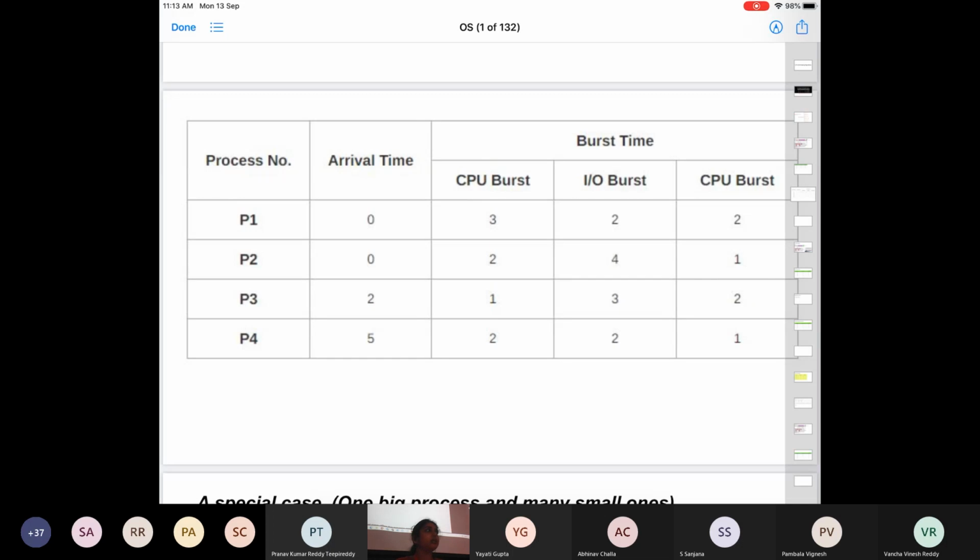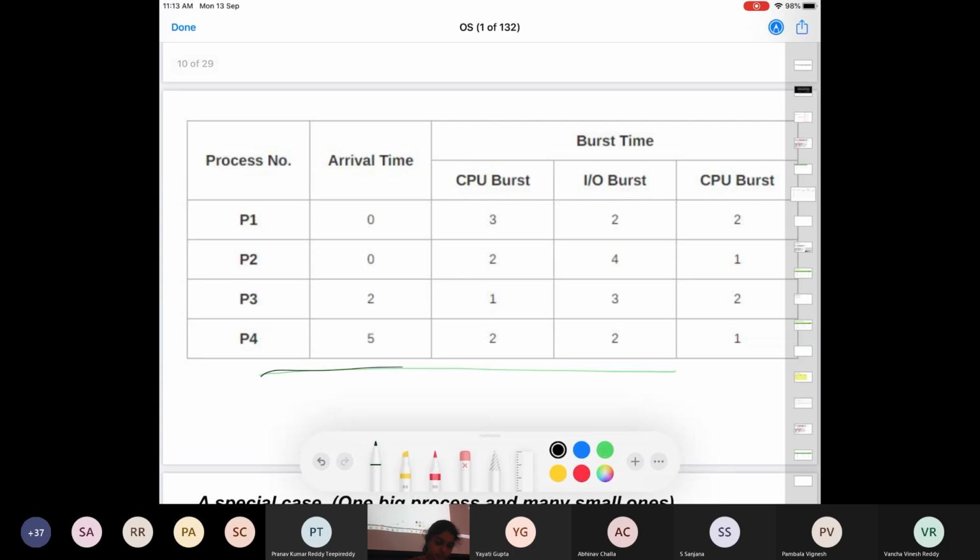So here you are given three things. For every process you are given an arrival time, a CPU burst time, then input output. So it tells me P1, after executing for 3 units on CPU, needs to do 2 units of input output. Then it needs to be back on the CPU, right? So how will you create a Gantt chart for such a case? So let's look at it. I'll do some part of it, I'll not finish it. This one is a big problem.